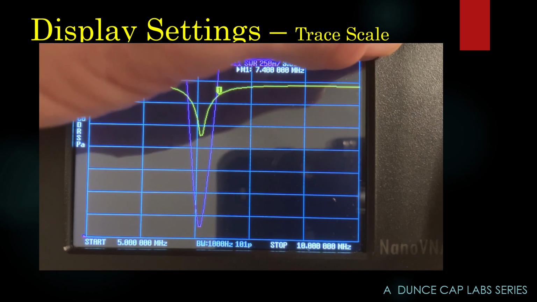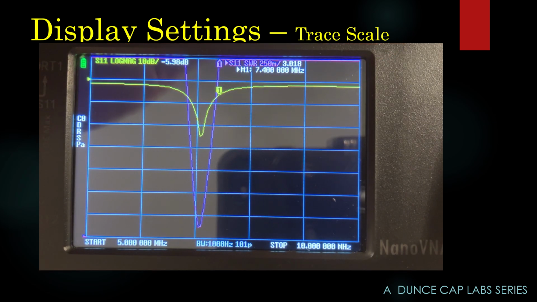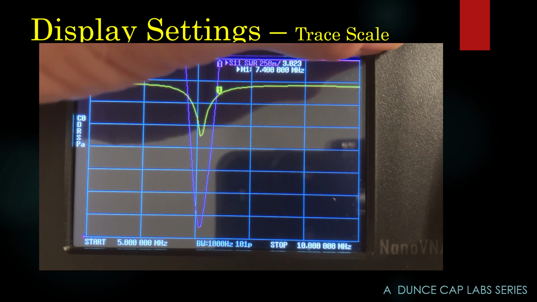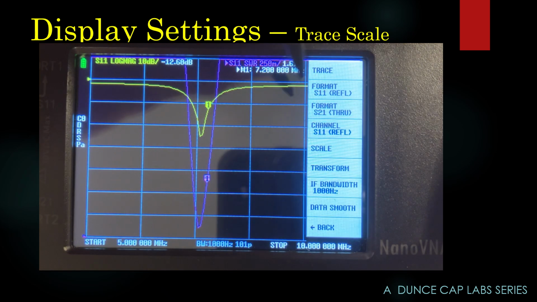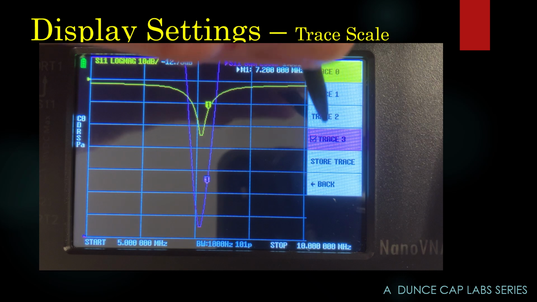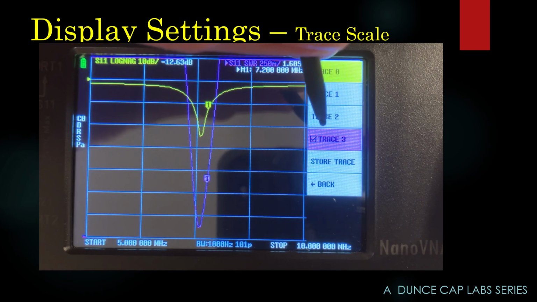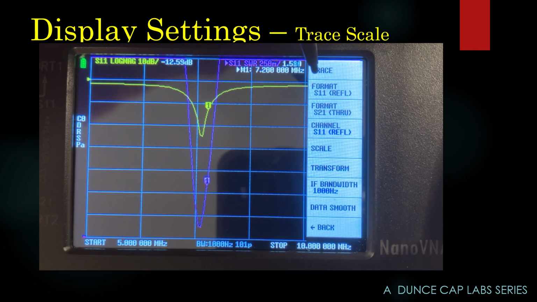Now, maybe you don't care what the SWR is, but what if you're designing the antenna or trying to figure out what other responses it has? One thing you can do, and there's a reason I'm leaving the return loss up there. I'll get to that in a minute. So you go to trace and you say, I want to edit this, all right? You back up. Now, again, because I've highlighted the purple trace, which right now is SWR,